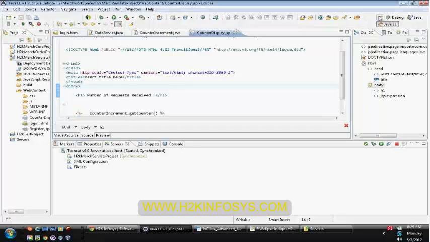Currently the filter pattern I have configured by using Eclipse, but you are supposed to write it on your own, and even the user filter as well. Don't use Eclipse generated code.